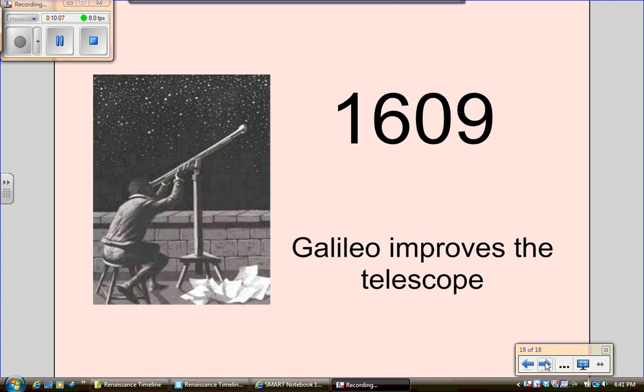Okay, these items are the high points of the Renaissance, and these are the things you'll need to put on your timeline. As you need, you can go back and check, review. You can always pause and continue and get these things in your journal so that you will have them for future reference.